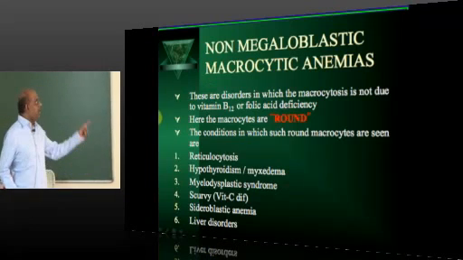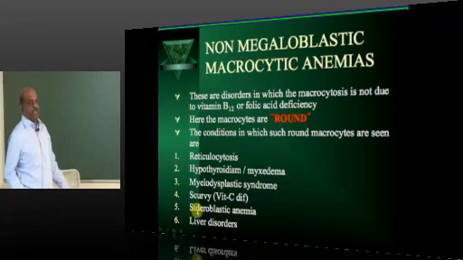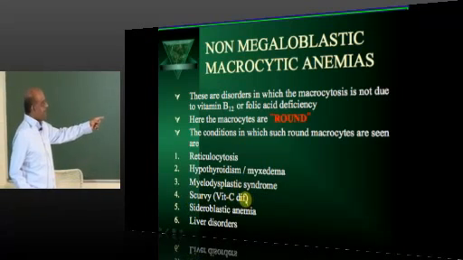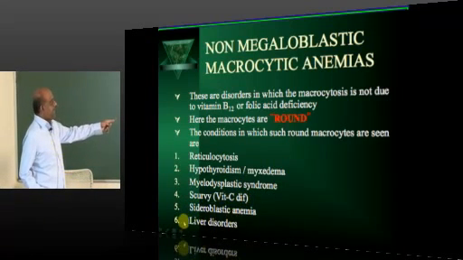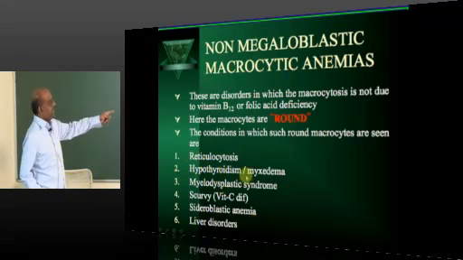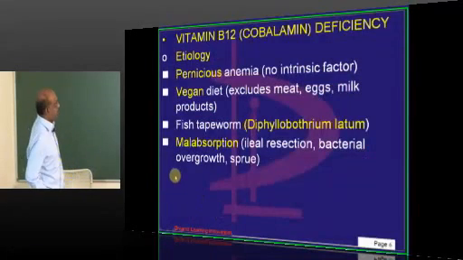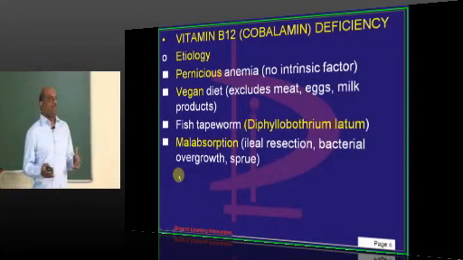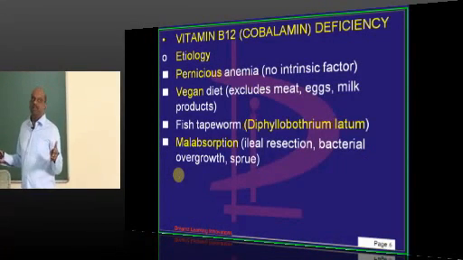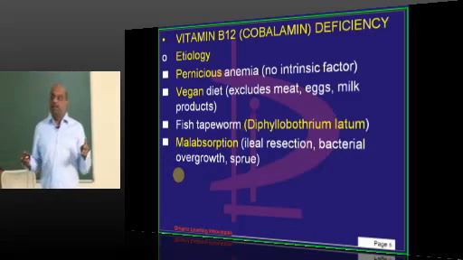So summarize, what are the non-megaloblastic macrocytic anemias, doctor? Hypothyroidism, myelodysplastic syndromes, sideroblastic anemia, liver disorders, etc., where you can find the presence of macrocytes which are not megaloblastic. Now let us talk about these two entities. Vitamin B12 deficiency,